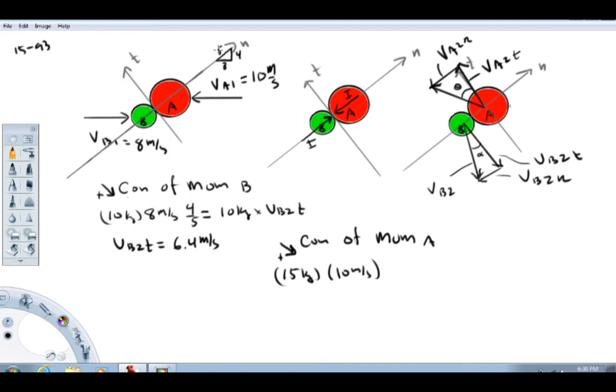This angle theta and this angle are the same, so that's times 4/5, and that's going to equal the momentum in this picture. I've got down and right positive, and this velocity vector is up and left, so that's minus 15 kilograms times VA2 tangential. If we solve that for VA2 tangential, we get